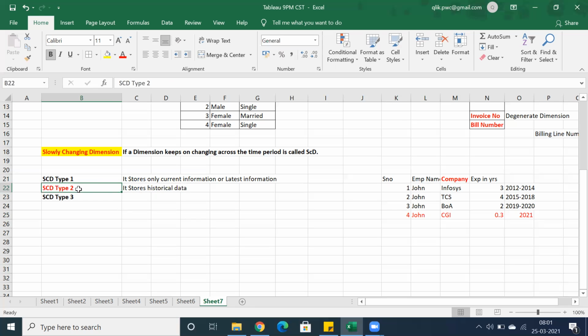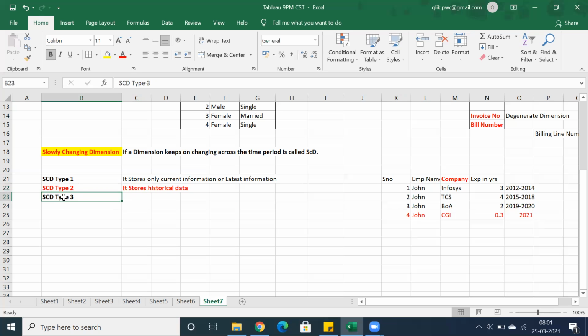That's what we do prefer for reporting tools, correct? So SCD type 1 stores only the latest information. Type 2 looks simple, but it is very important. Just remember, it stores all the historical data. That's what the data warehouse is about.